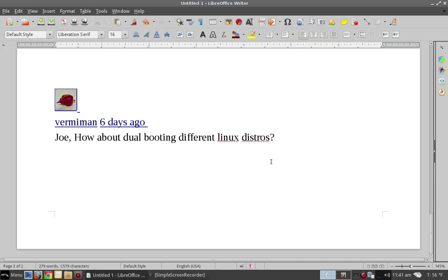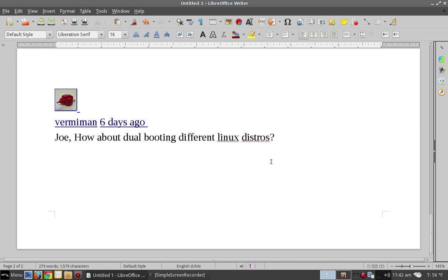There are time conflict issues that you'll run into sometimes. Windows by default wants to run on local time. Linux likes to run the hardware clock on UTC. You can change that in either one if it doesn't do it automatically. But still, we're talking about editing files or editing the registry in Windows. When you're talking about a new user, they don't know how to do this stuff. They're totally lost, completely confused. So the idea behind that video was just to say, maybe it's not such a good idea to have the installer in Ubuntu and other Linux distributions offer this without any kind of warning. You know? It's just like they don't know what they're getting into, and then they get in trouble.